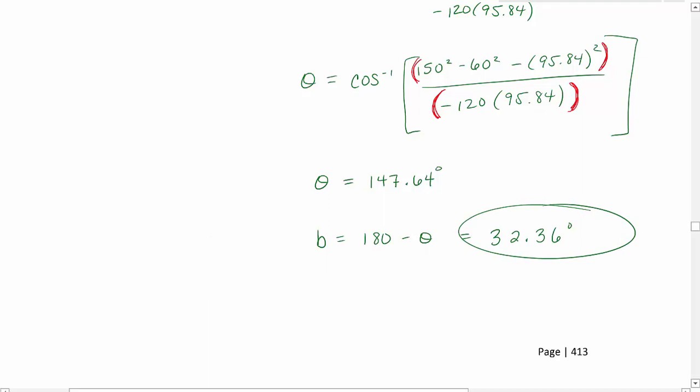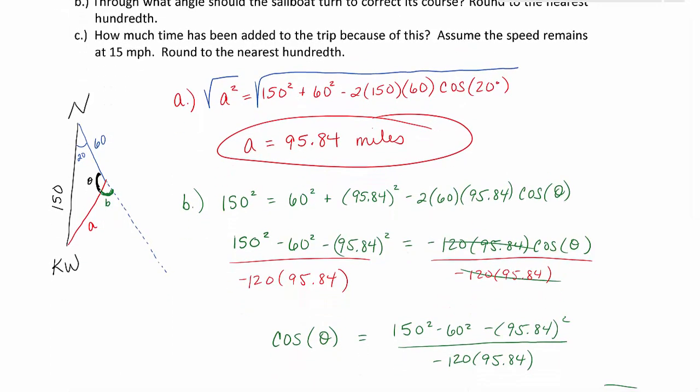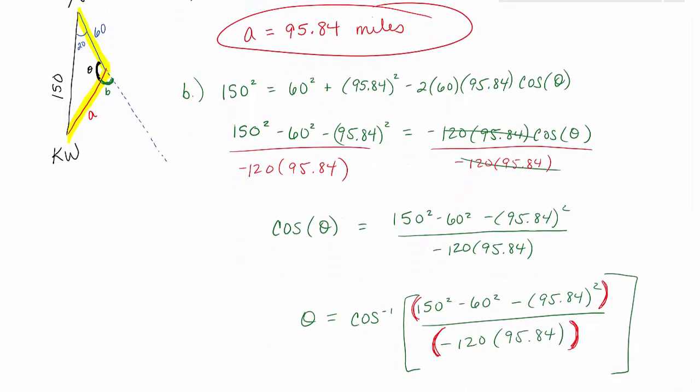Let's go back and read part C. Part C is asking us how much time has been added to the trip because of being blown off course. Assume the speed remains at 15 miles to the hour, and we'll round to the nearest hundredth. So our boat's track, instead of going the straight 150 miles, it's taking this course. Oh, we've already found our distance A, right, 95.84 miles. So the distance that they're actually traveling